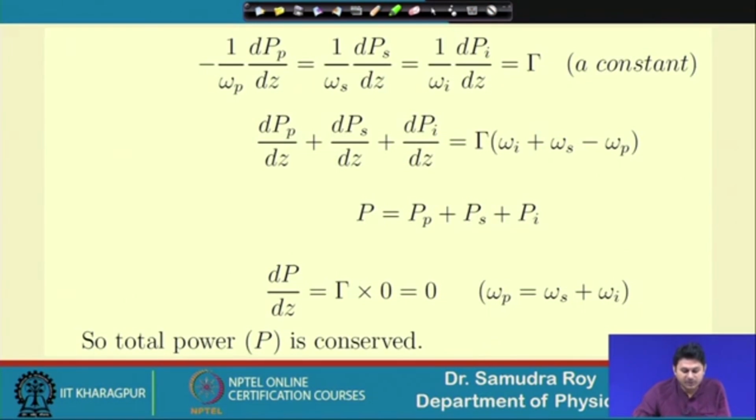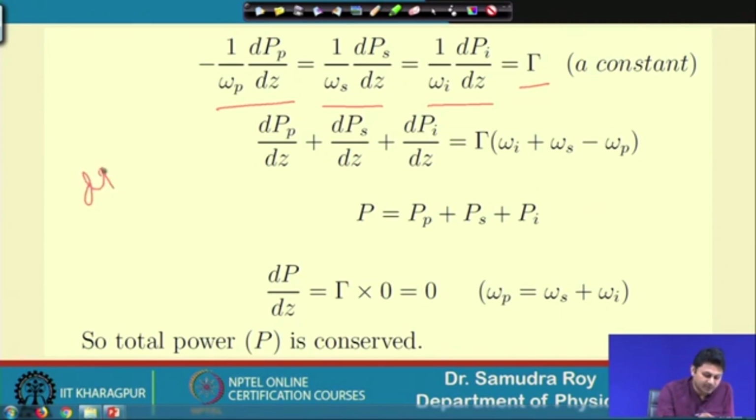From this Manley-Rowe equation, we can further derive important outcomes. This is our Manley-Rowe equation: 1 by omega p dP/dz is equal to 1 by omega s dPs/dz, equal to minus 1 by omega I dPi/dz. If this is a constant gamma, then I can write dP/dz is equal to minus omega p gamma, and d of Ps/dz,